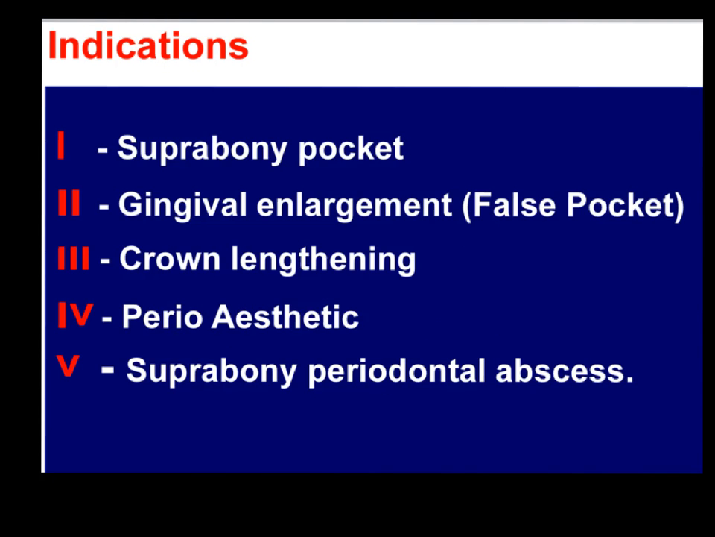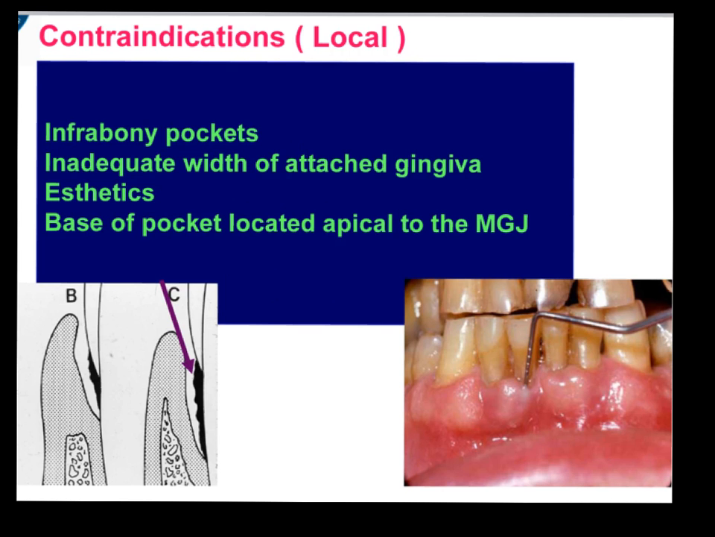The indications for gingivectomy are suprabony pocket, gingival enlargement or false pocket, crown lengthening in case of aesthetic consideration, and suprabony periodontal abscess. The local contraindications include infrabony pocket, as present here, infrabony pocket, or inadequate width of attached gingiva,